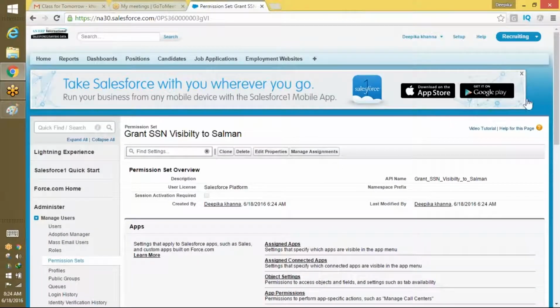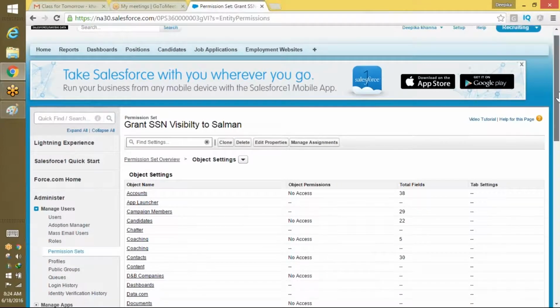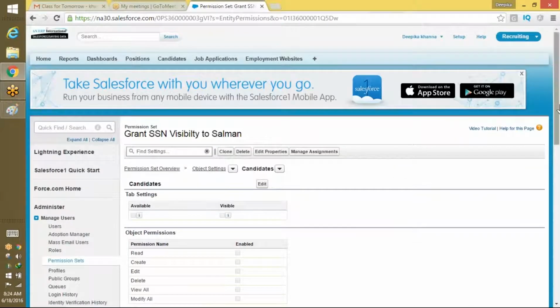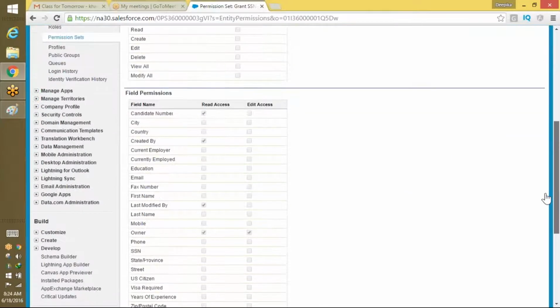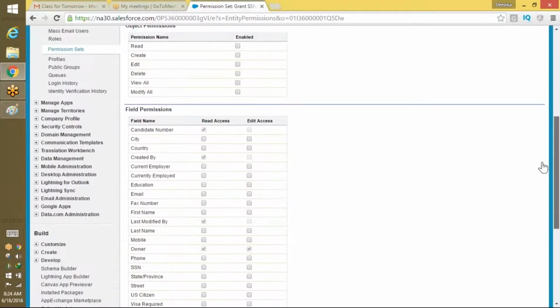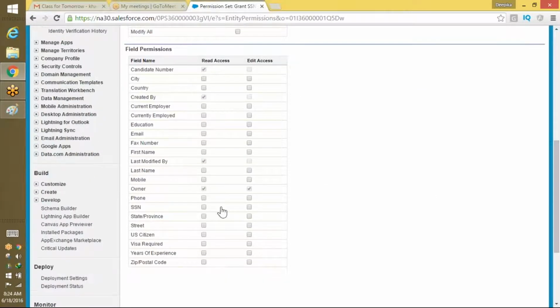And what I want to do here is, now we have to go back to the object settings again. Now here in the object settings, which object do I need to change? The candidates object I need to change, but I don't need to change the read permissions. What I need to change is the field level permissions. So here if I scroll down, these are the field level permissions. So what do you want to do in the field level? On the SSN, I not only want to give the read access, I also want to give the edit access. So I'm going to just go ahead and say,